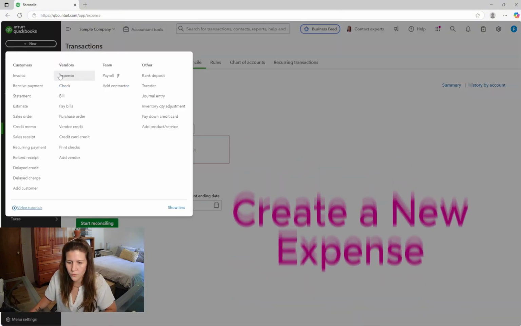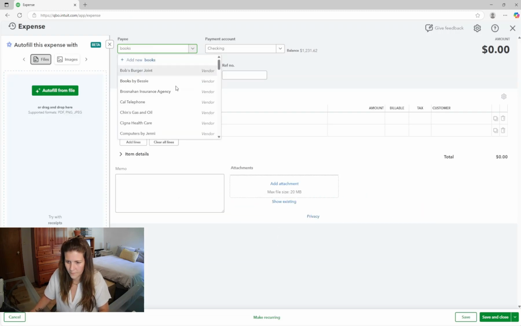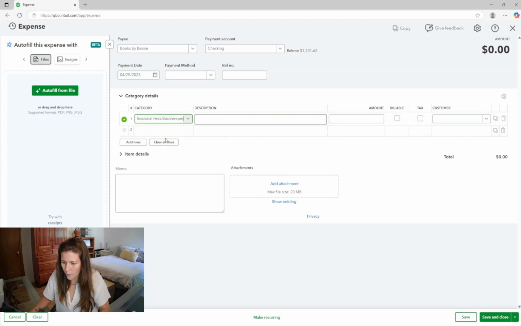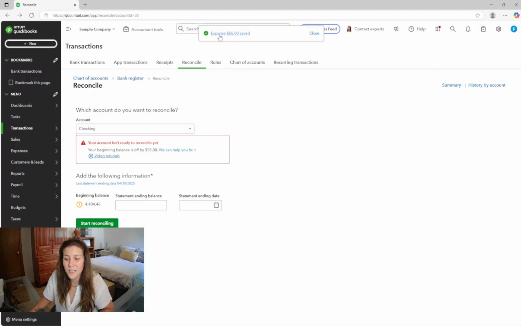So we're going to go to New Expense, put the vendor name in there, change the date. Bessie is our bookkeeper, and we paid her $55. Okay, so now this expense has been saved, but our balance is still off because we still need to re-reconcile